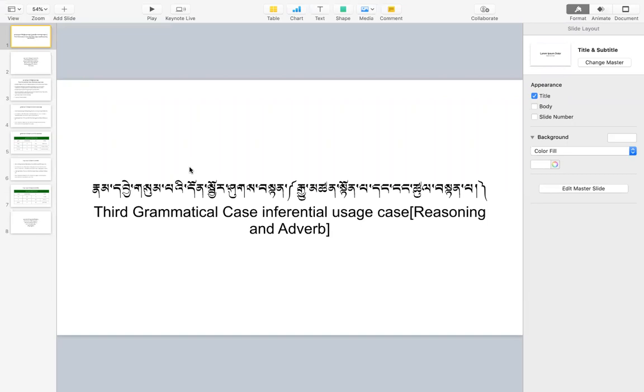In the previous class, we discussed the reference case, which was directly stated in the text of 30. The usage cases, as we already discussed, are of two types: one which is directly stated in the text, and one which is more inferential. These more inferential usage cases were made very apparent by Smriti Gyana in his text,